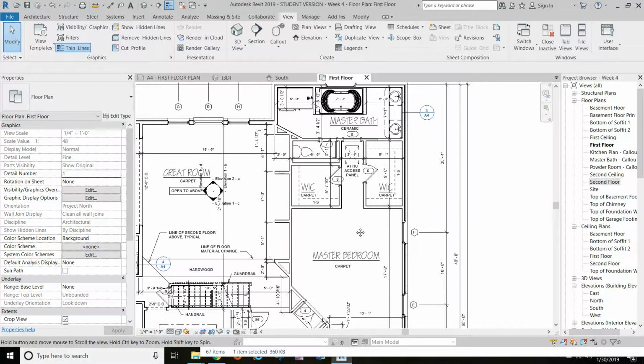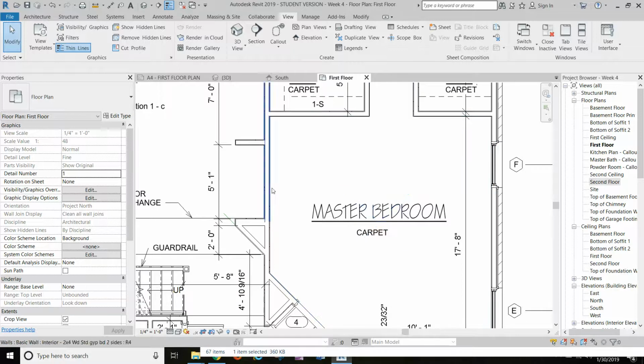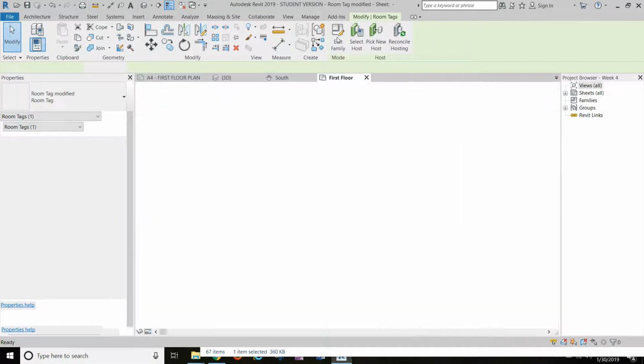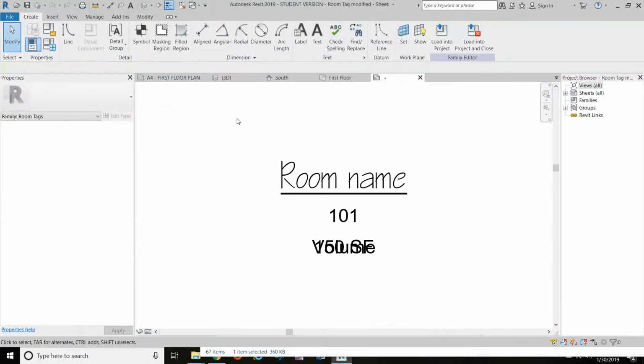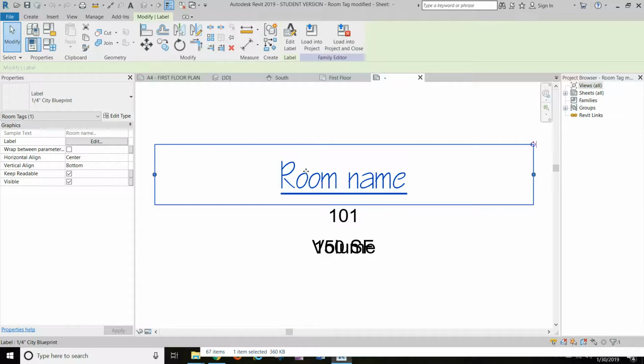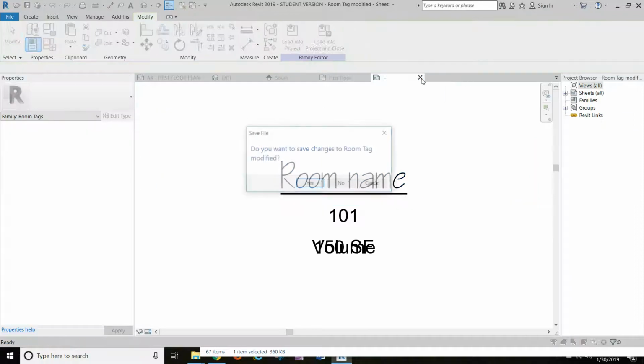Room tags. Okay, here's what I did on room tags. I went in and I put in a room tag, and then I went to edit the family, and I created two new ones, and one I called modify. And what I did is I came in here and I clicked on the room name, and it comes up here. I'll tell you what. Let me just